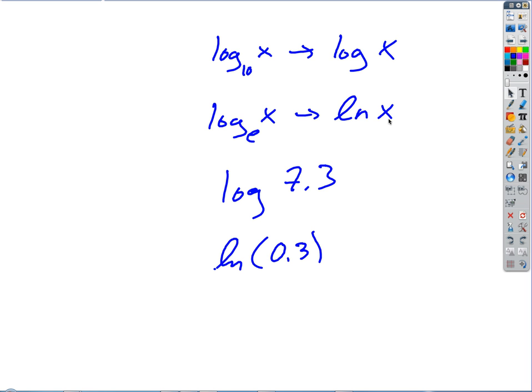And we write it as ln. But what that means, ln always just means,